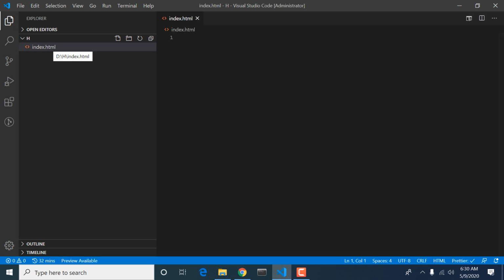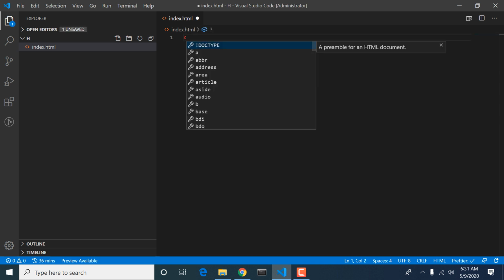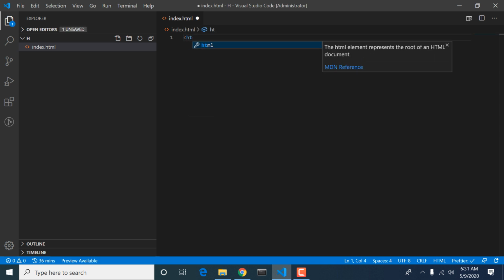This .html extension clarifies that it is an HTML file. There are a lot of extensions we are going to use later in this course, like .css, .js, and .jsx for React. Along with that, we start our HTML code.